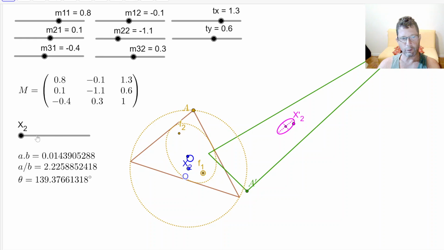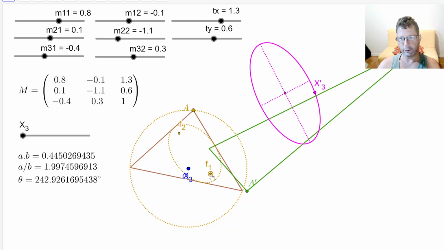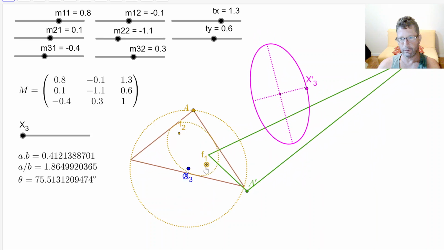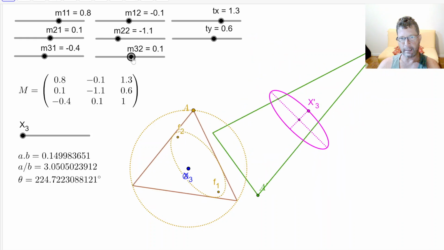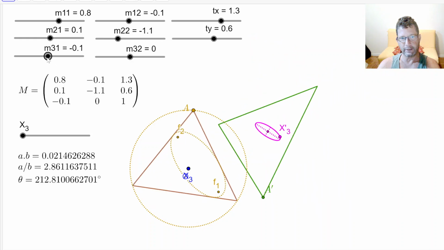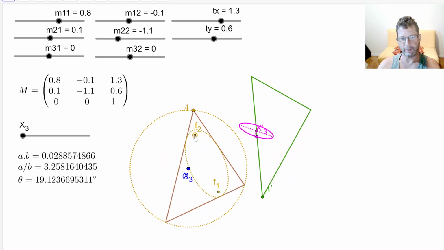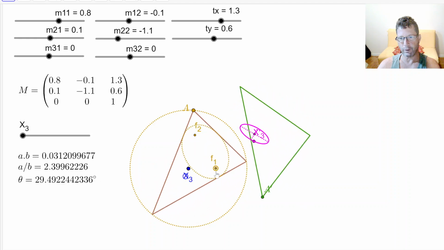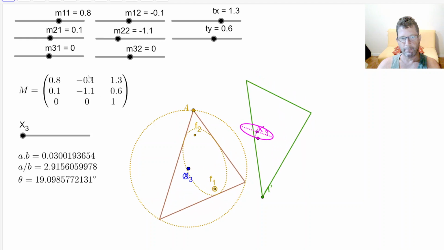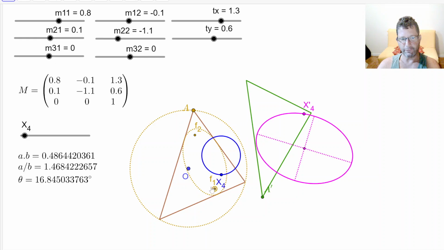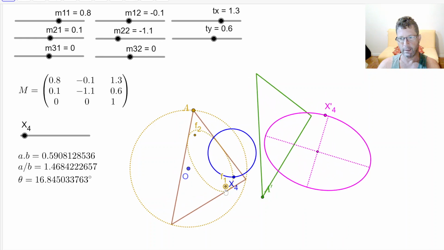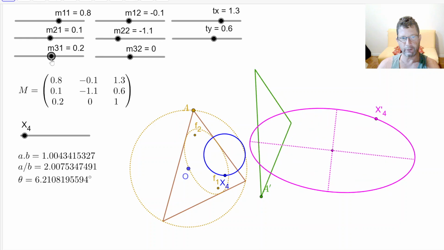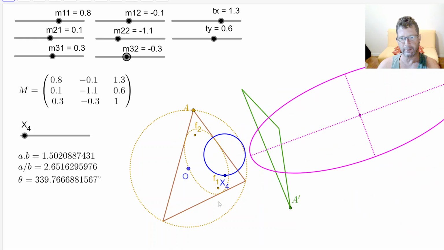Okay, now let's look at what happens to x3. x3 has no conservations for generic motions of the caustic, and even if this thing is an affinity, we don't conserve anything. Okay, so x3 is not our friend here. But how about x4? Under an affinity, x4, just like x2, conserves both eccentricity and orientation, and even under a full projectivity,